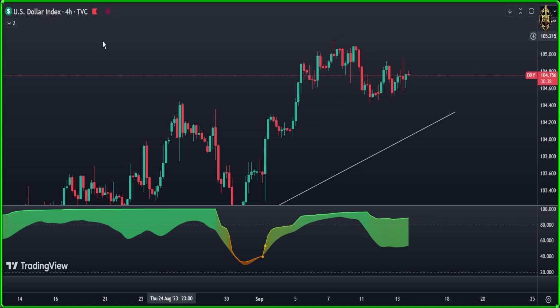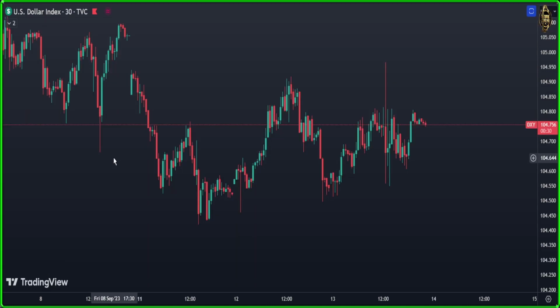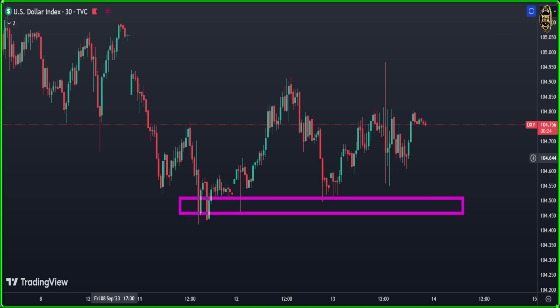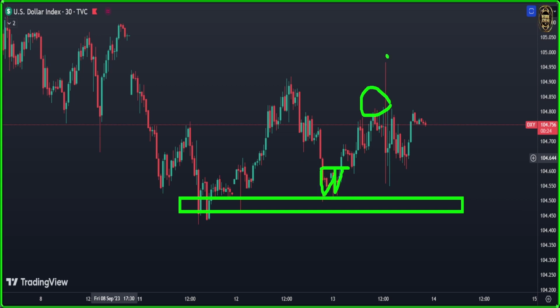So let's go into 30 minutes to see what the DXY is doing today. Here we are in 30 minutes, guys. This is only for scalping and day trading. Here I told you about the DXY yesterday. We are down here at that level. I told you it needs the market to give you a price action, a small double bottom here as you see. Breaking the neckline, it went up till here. Then that candle happened when the CPI data came.